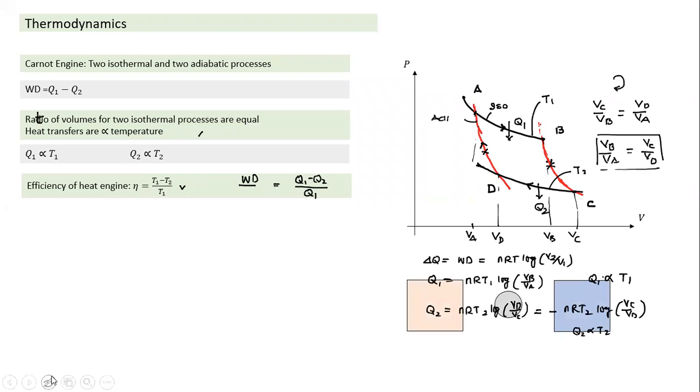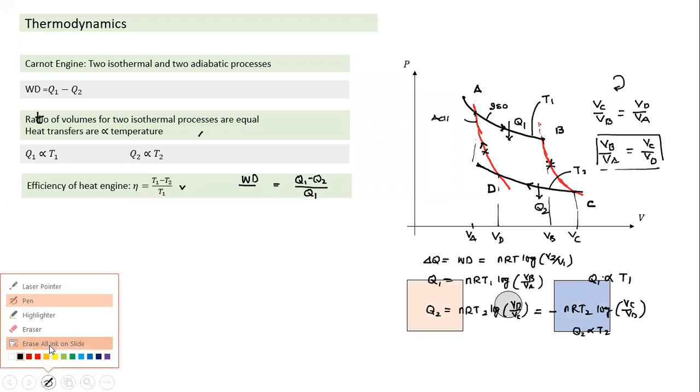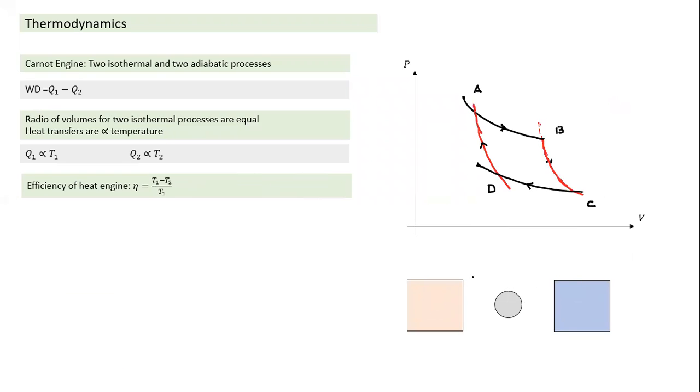Okay, sorry, I think I wrote at the wrong place here. We depict a Carnot engine something like this. This is the heat source at a higher temperature. We call it T1, or you can also call it the higher temperature. This acts as a source. And this is called a sink, where heat is thrown away, wasted. This is T2, which we can also call the lower temperature. And this is your heat engine.